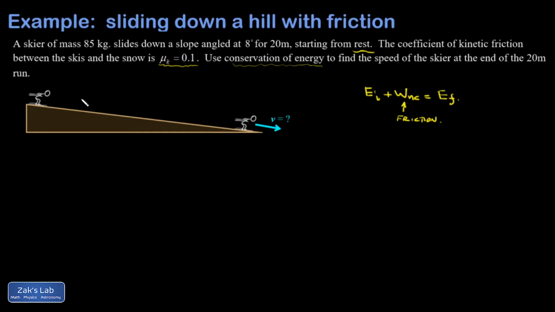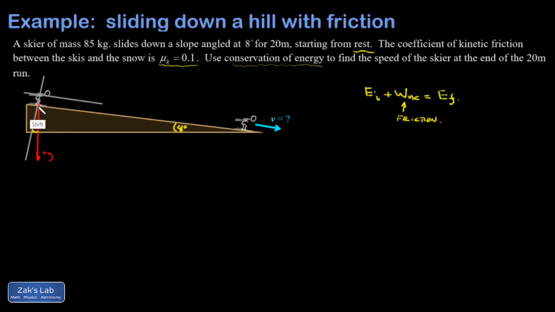So I've got to figure out the force of friction, and to do that I need to do some force analysis. All right, so now I'm doing some force analysis because I'm trying to figure out what's the force of friction on the skier. That will allow me to compute the work done by friction. So mg pointing down as usual, and a tilted coordinate system as usual. And this angle of elevation is 8 degrees. And it's the same as this angle right here. And I end up with